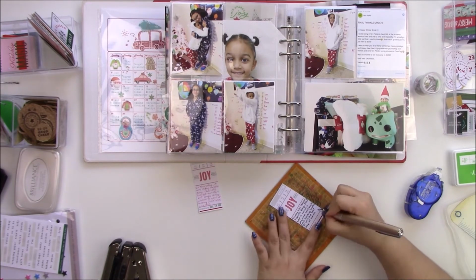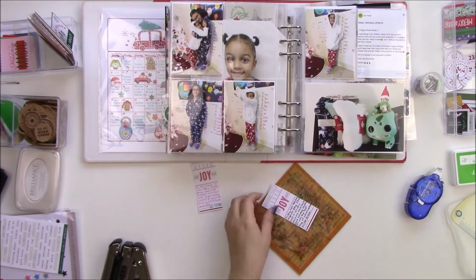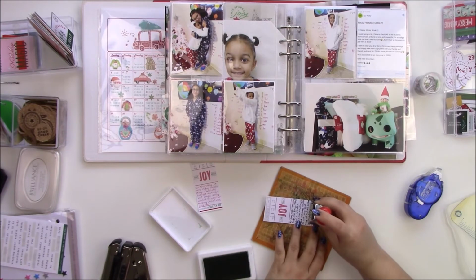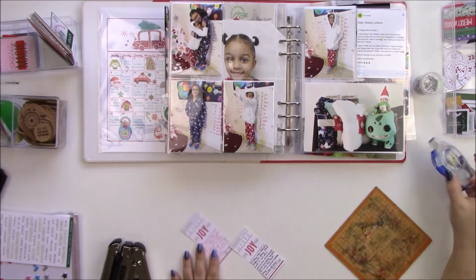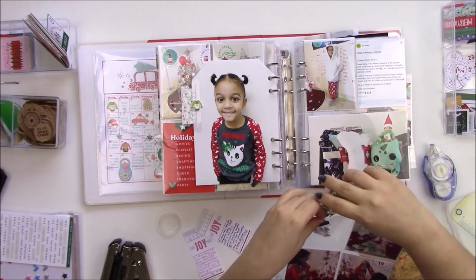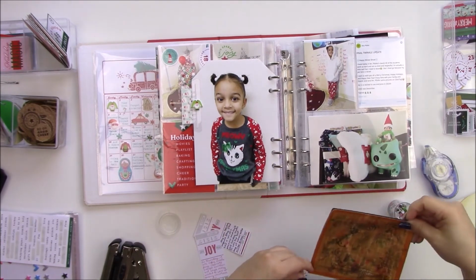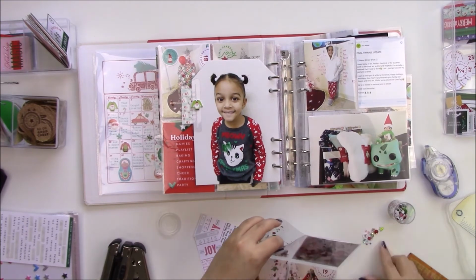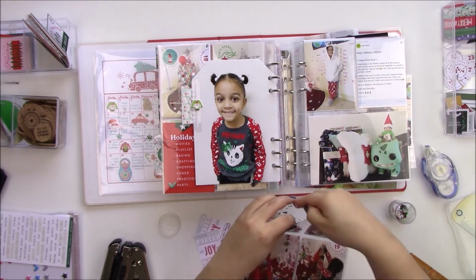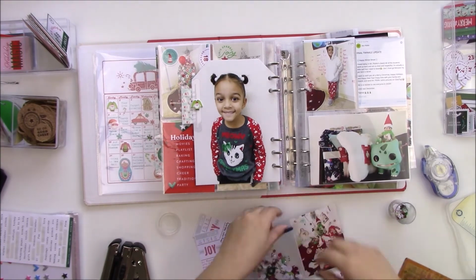So one of them, I wrote the journaling for it with red, and the other one is with black, but they are the same tag, they are the same size. That way I can glue them back to back, and the sizes are not gonna be off. So I'm gonna add my December Daily sequin mixes to it, and I spilled it because I'm graceful like that. So after I have everything that I want inside the pocket, I'm gonna seal it with my fuse tool. And if you haven't seen the video that I made last year, I made